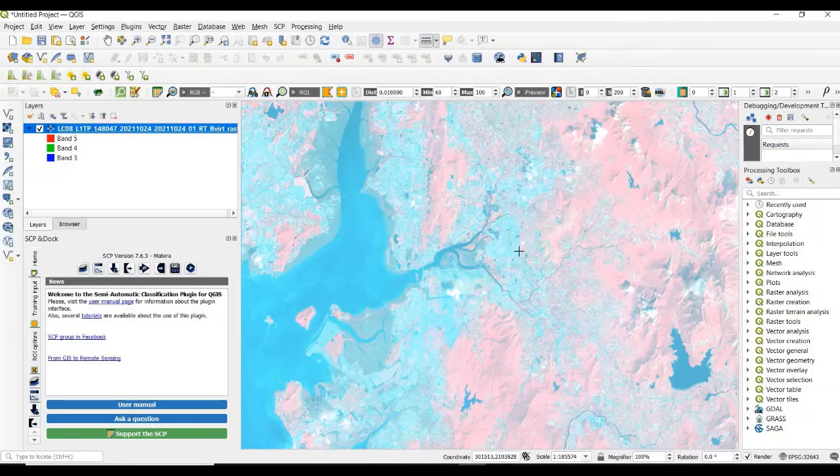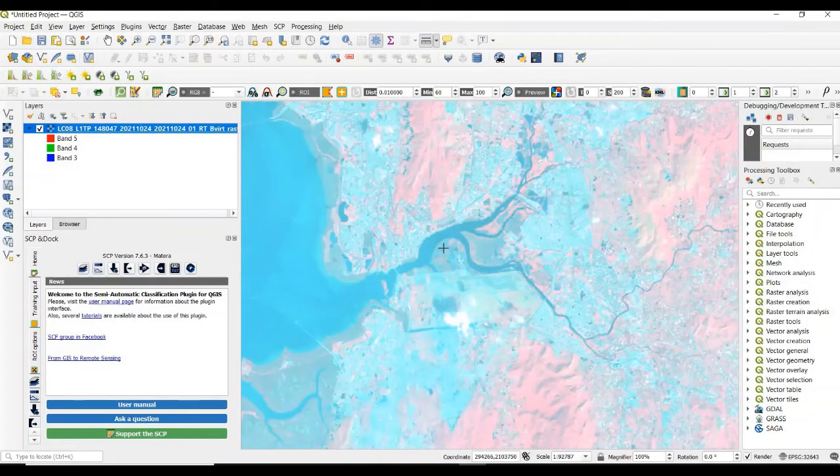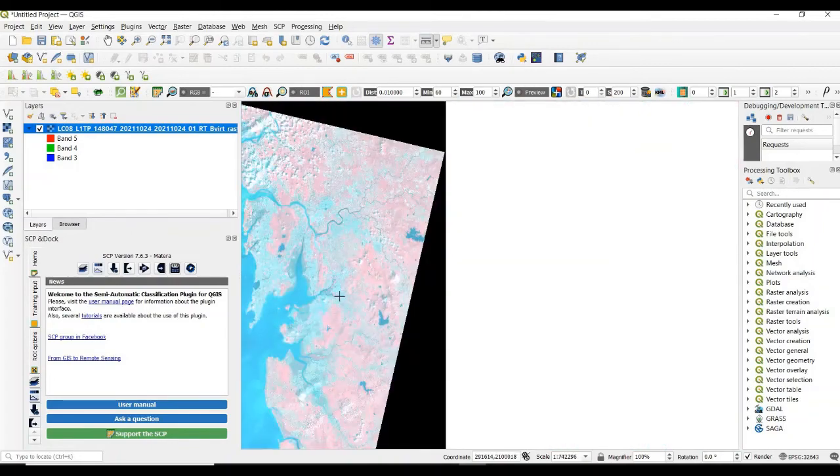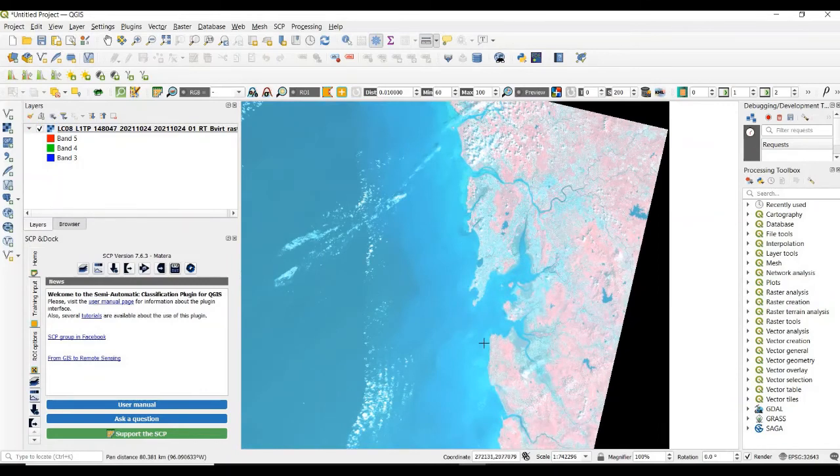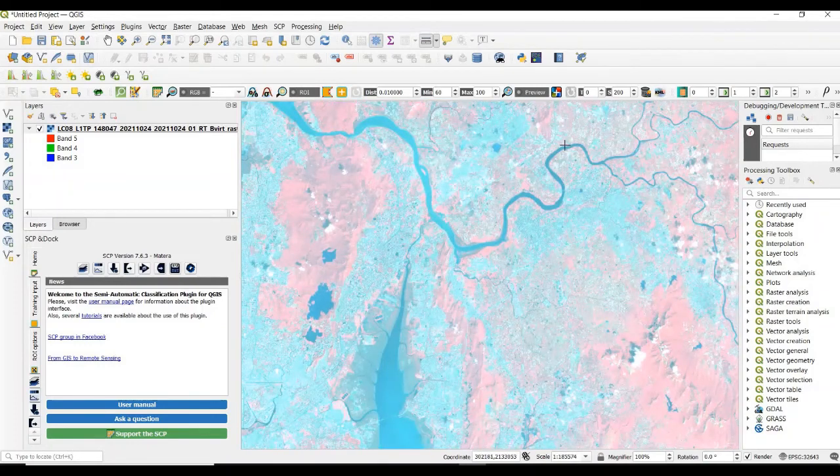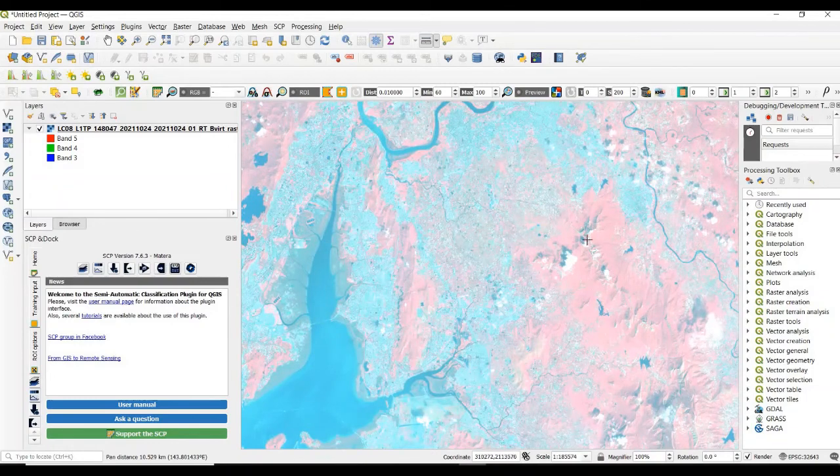So we can see here this is the coastal region of Maharashtra region, and these are the rivers which we can easily identify, and these are the dense vegetation areas, and we also see here some geographical features like mountains and other water bodies. These are the other water bodies.